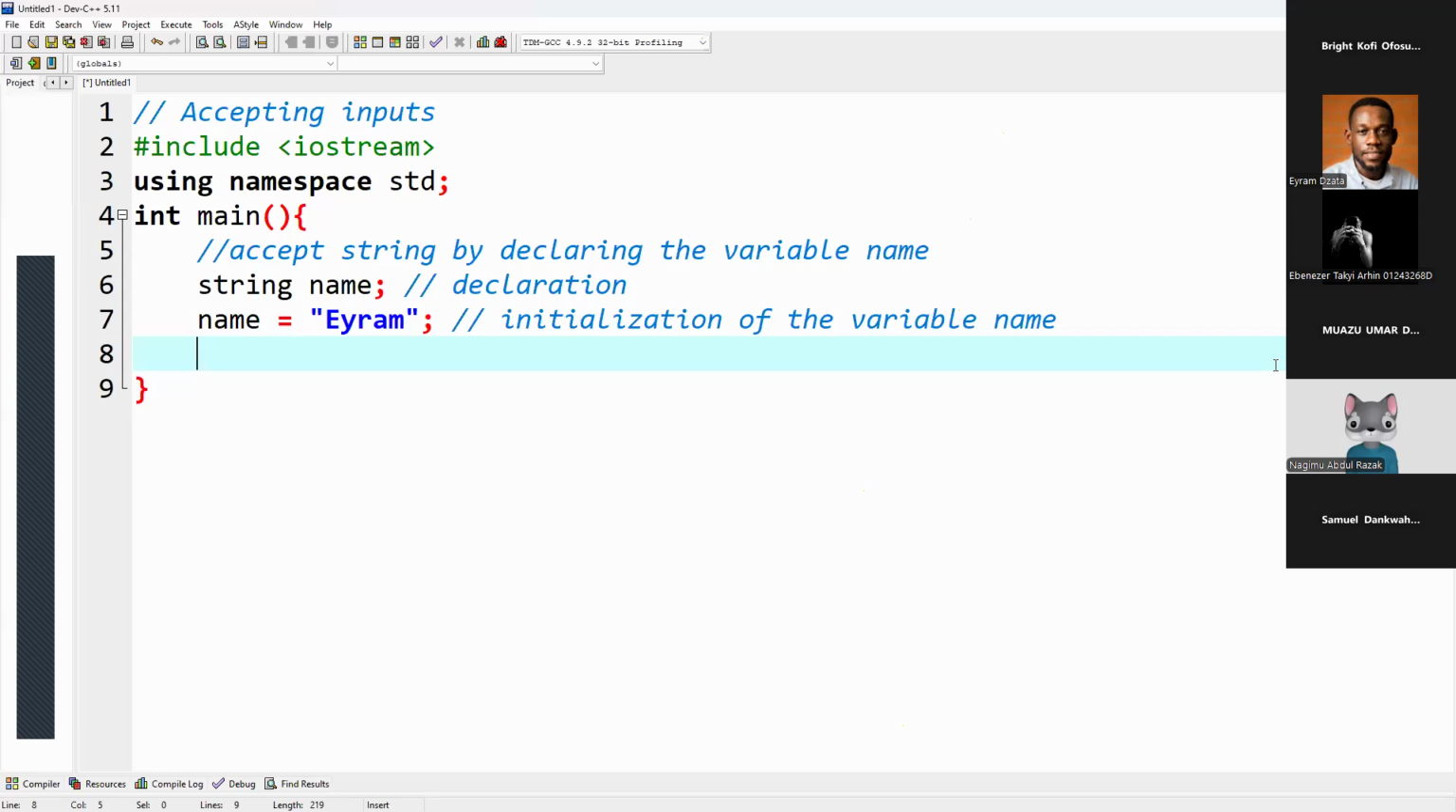So in order to output, I use cout with my insertion operator, and then I'll say hello. You can see that after the hello, I put a comma and then I leave a space, because the space would also be considered as a string. And then I put the hello. So I can say hello,